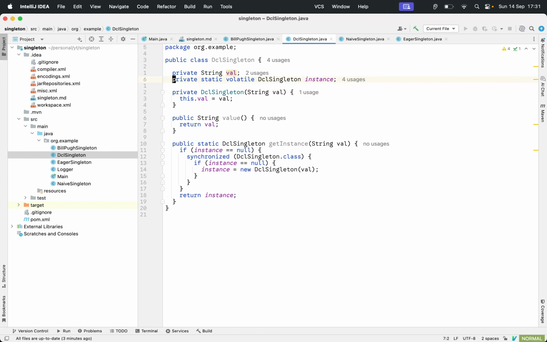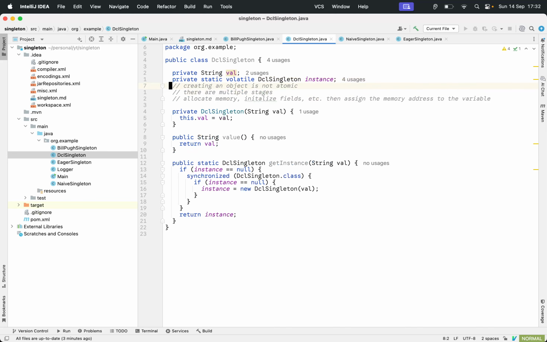Just remember that volatile is necessary in a multi-threaded environment because it prevents returning a partially initialized object, because there are multiple steps in object creation.